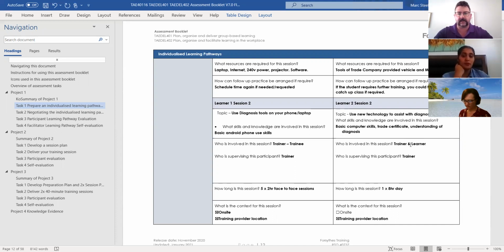Yeah, Jerry. So I think what we'll do here is, I know that you have basic computer skills. I know that you'll be able to do that, no problems. I know that you're trade qualified, so I know that you're going to meet that criteria, and your understanding of diagnosis and defect elimination and process of elimination through diagnosis is really good. So I know that you'll meet all the criteria here, mate. So that won't be a problem. How do you feel about that? Yeah, I'm very comfortable with that.